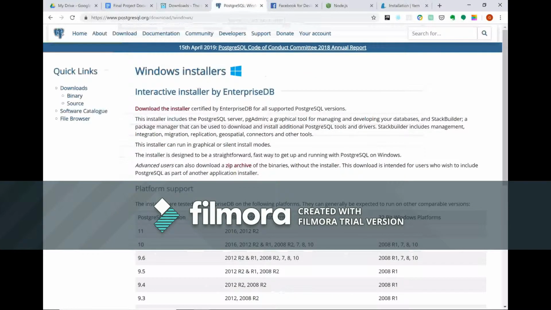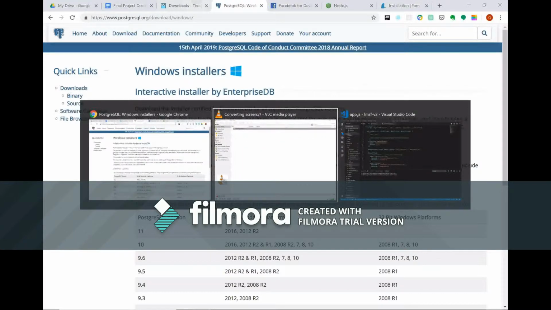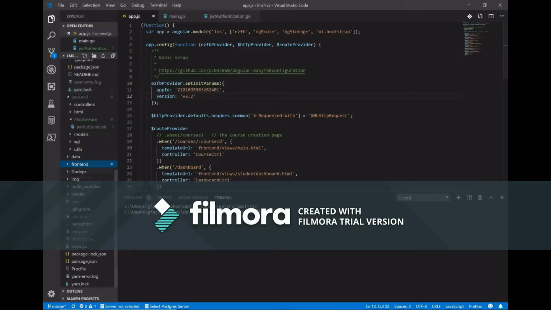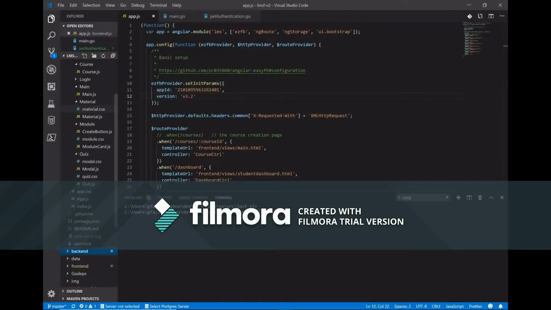Then we're using the Postgres database, and I don't believe the version matters too much. I like pgadmin, so I would look for an installer that has this included. Then once those two things are installed, you come here and there's a file that is not included on